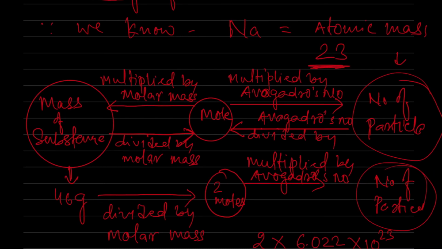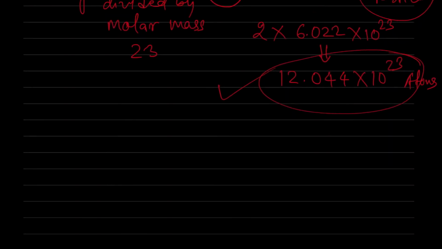So this relationship you have to understand. If you want to solve a problem related to the mole concept, this relationship should be kept in your mind. Then you can solve the problem very easily. You do not need to memorize the formula for given mass, molar mass, Avogadro. You just have to keep in your mind the Avogadro number and the relationship between mole, mass of the substance and number of particles. Then you can easily solve problems related to the mole concept.